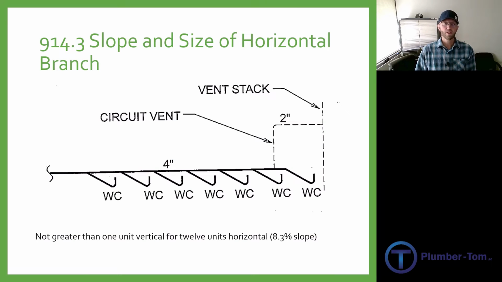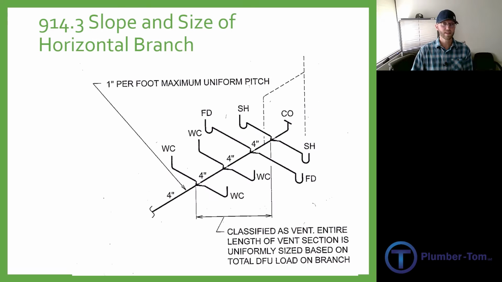Now 914.3 talks about the slope and size of the horizontal branch for a circuit vent, and it gives us quite a steep slope. In our other drainage slope rules in Chapter 7, we're kind of limited to 1/8 inch, 1/4 inch, 1/2 inch per foot. In this, it gives us all the way to 8.3%. That gives us basically 1 inch per foot is the maximum uniform pitch. They want to see even slope, but you can actually have a fairly steep slope when it comes to a